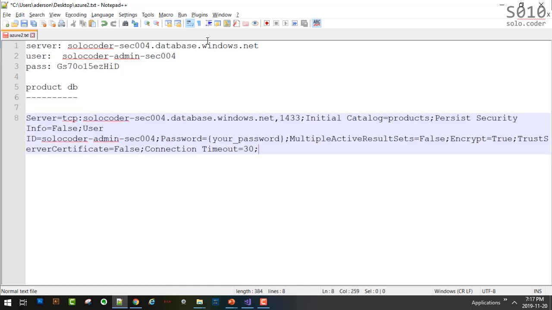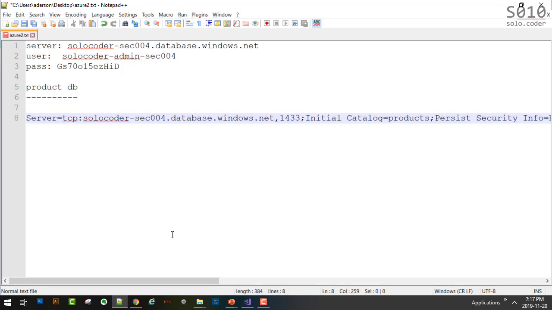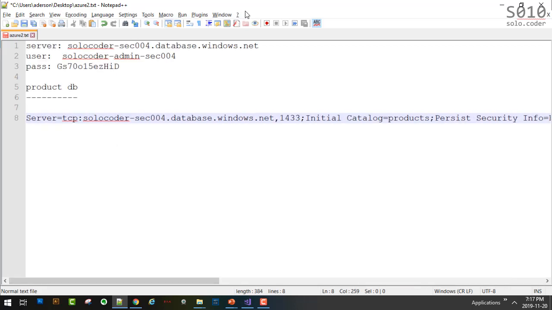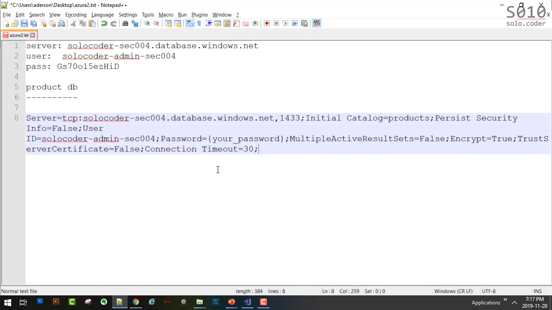And here's the connection string. Again, you see there are no line breaks. Now, one thing for you to notice is that we have the ID of the user that will be logged in, but the password is not set, okay? So we're going to have to replace this placeholder with the password that we set for our admin user.